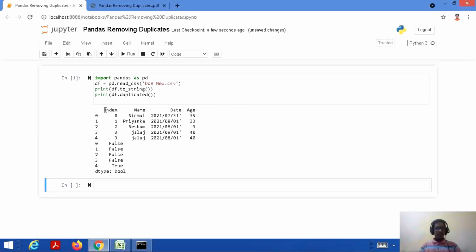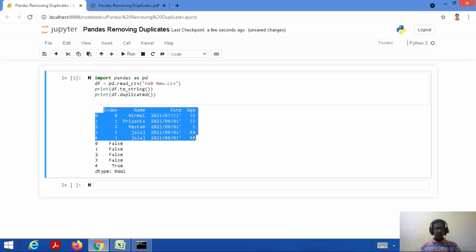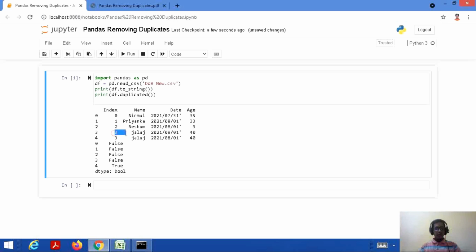This is our data frame where we know that at row number 3 and row number 4 we have duplicate values. And what's the output? At index 0 it's false, index 1 false, 2 false, 3 false, but at index 4, yes, we got a duplicate value because it's similar to row number 3. Obviously the data type here is boolean.